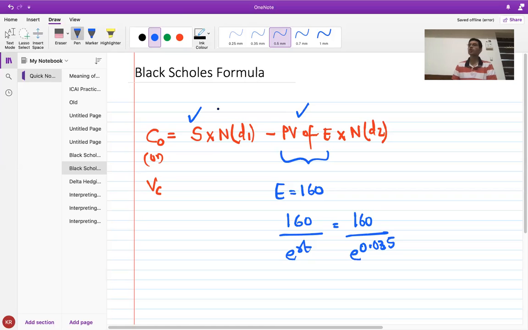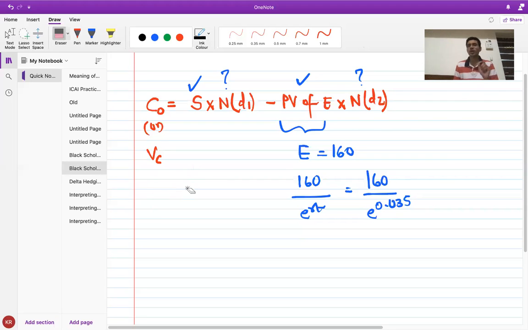Anyways, so we know two terms. We do not know what ND1 is and we do not know what ND2 is. I will explain what ND1 and ND2 are, but after giving you the formula for value of a put option. Value of a put option, P0 or VP or value of put, is equal to